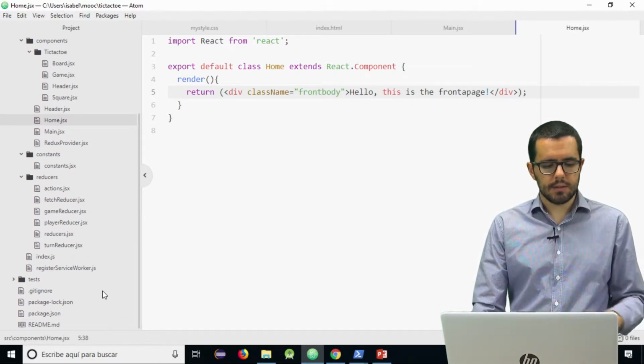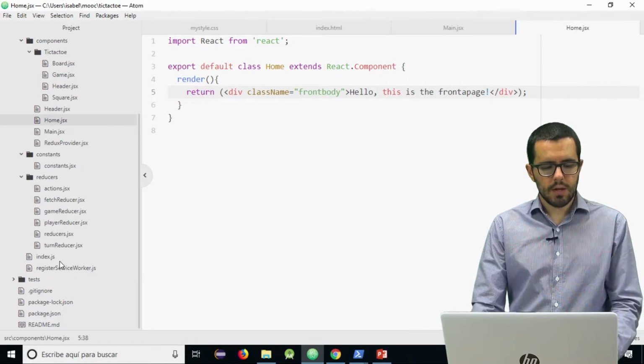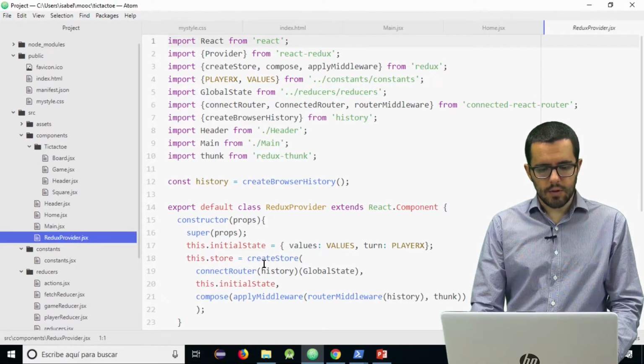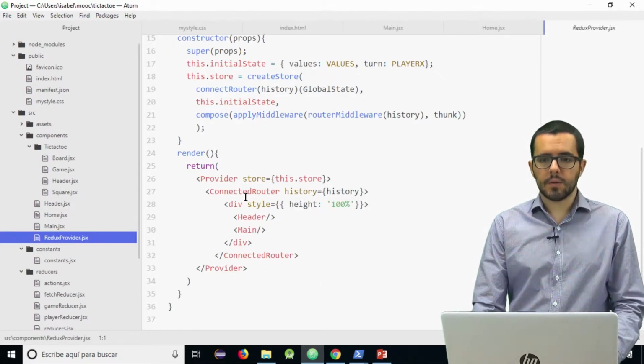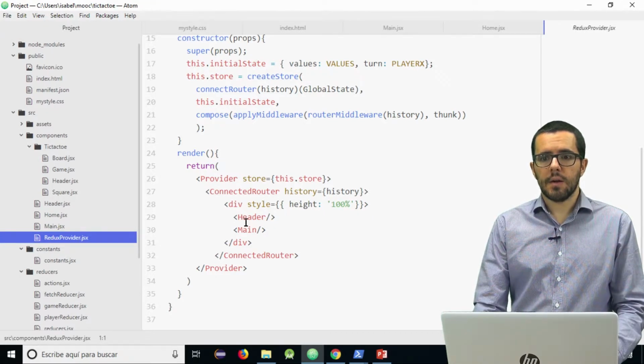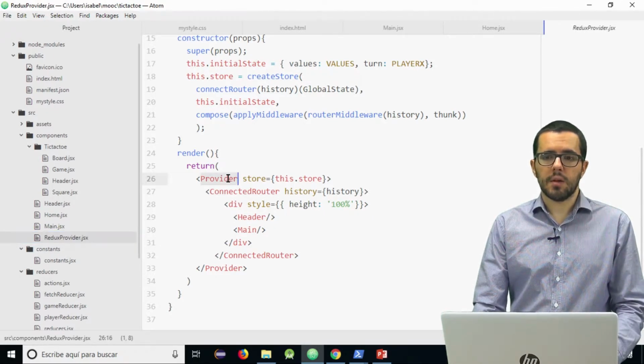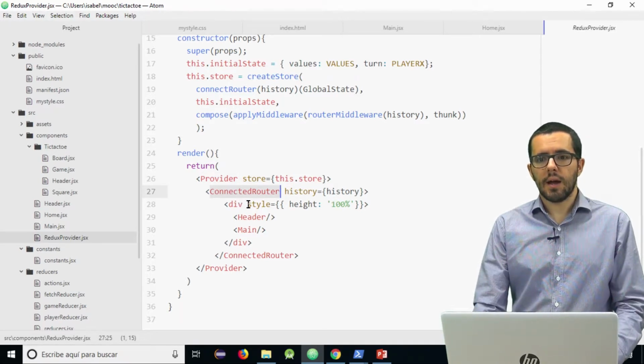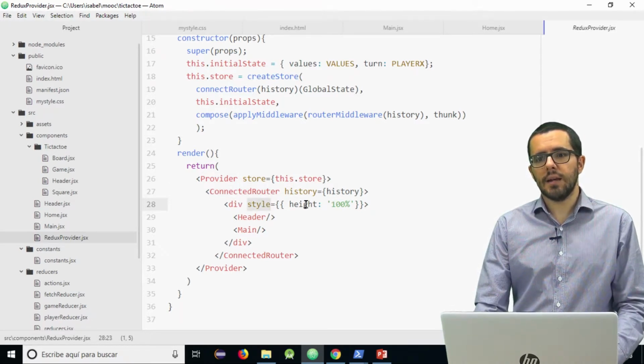That is another possibility. We are doing different things just to learn how to do them. Where? Well, all our code is into the Redux provider. Remember that we have here the header and main, and outside we have the provider to join to Redux and connected router for the routing. In this we introduced style height